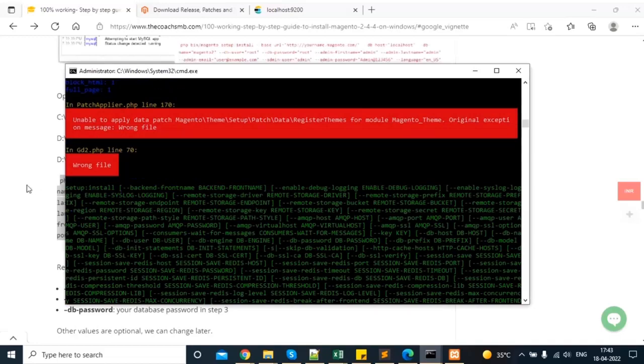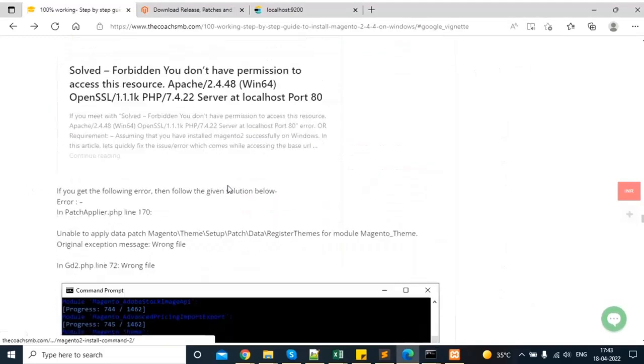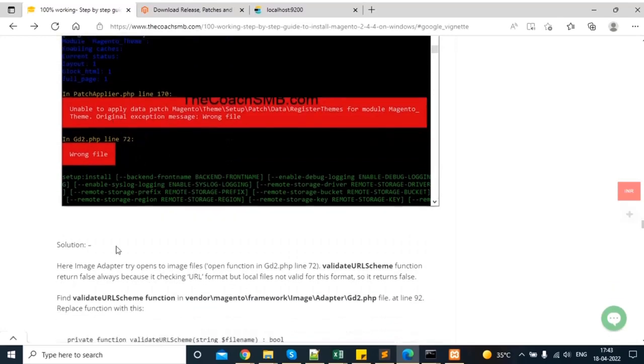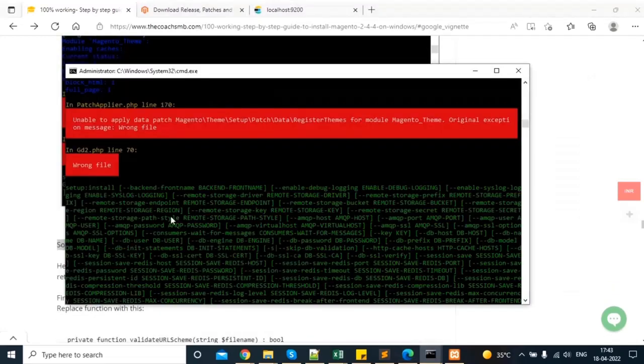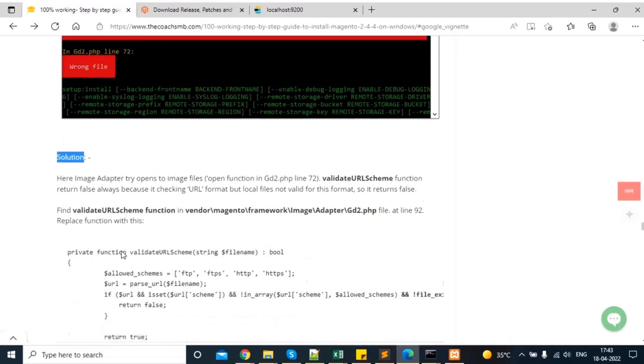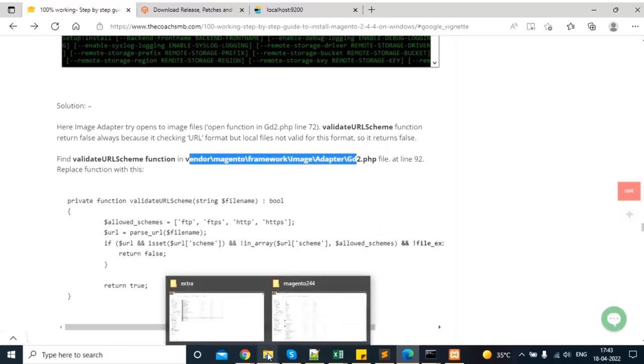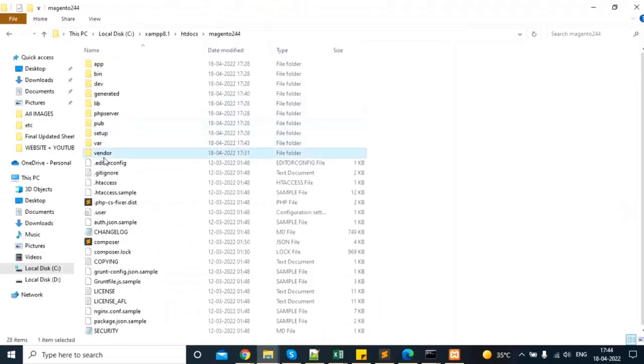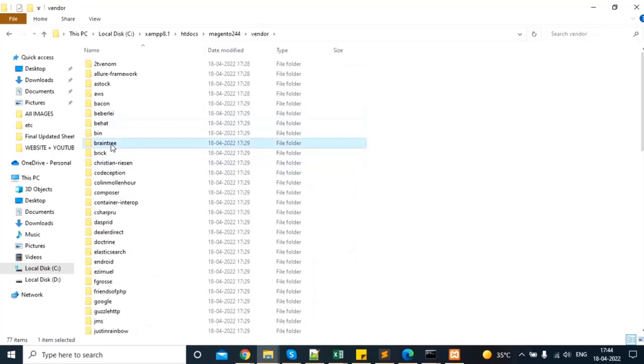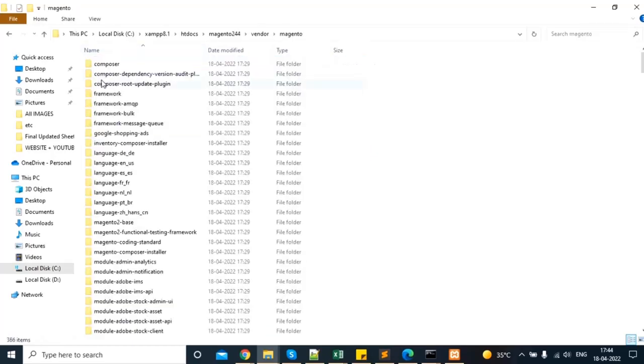I have explained the solution of this as well. Once the installation started, you can see the screen output. The solution is here. Same we are getting, isn't it? Now what is the solution? We need to go to the vendor, Magento, framework, image directory. So let's travel to vendor, Magento, then framework,